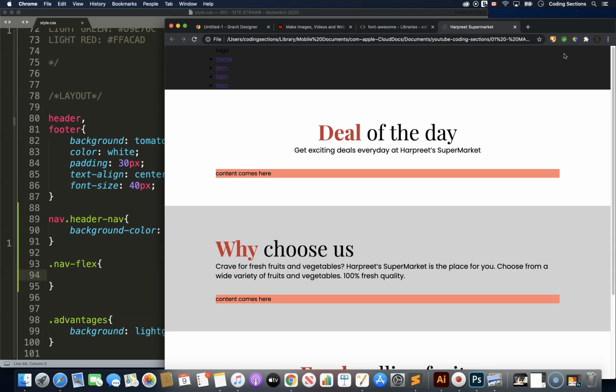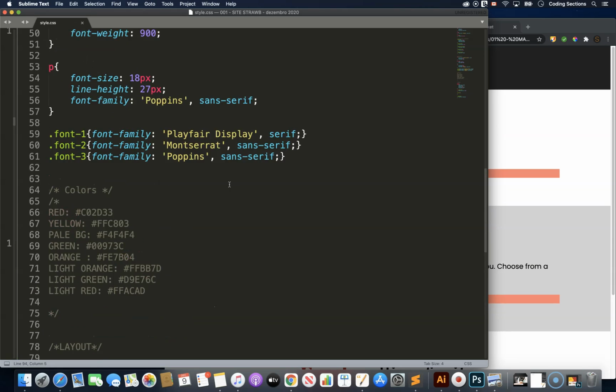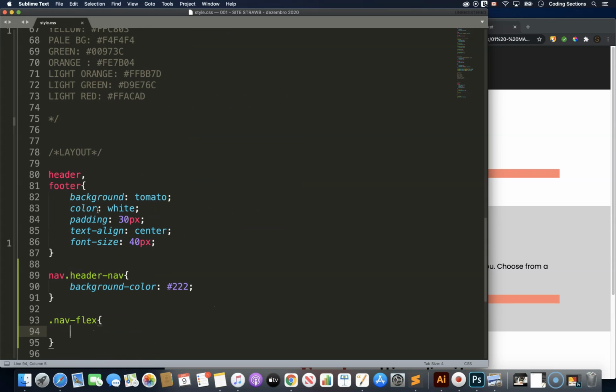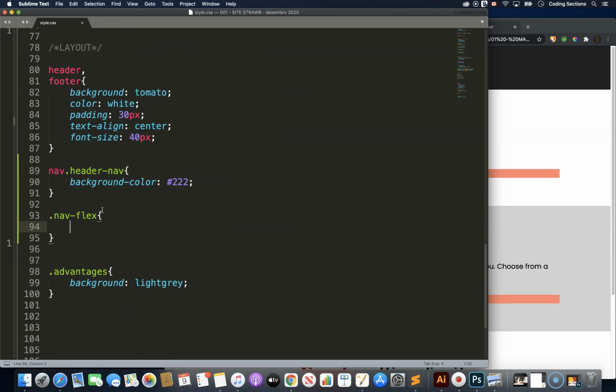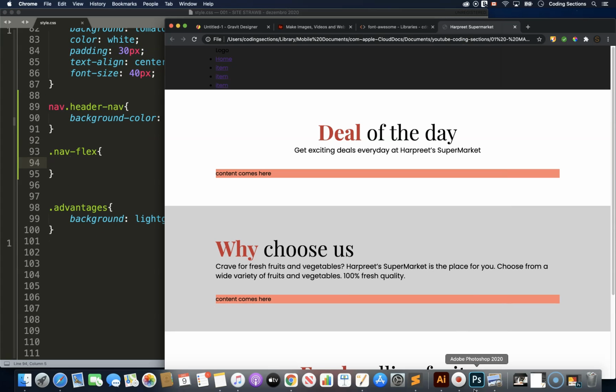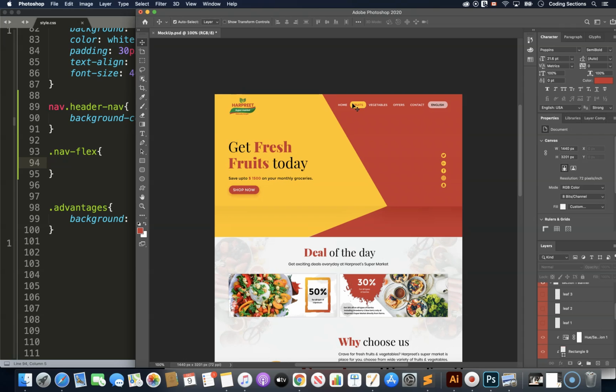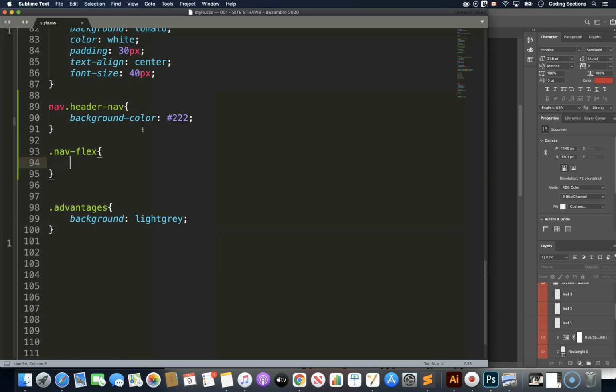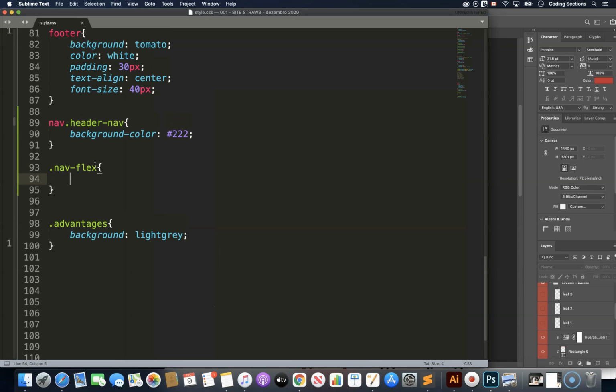As you can see, there's nothing special. So what can I do for the colors? Most of the items, I guess all the items, have white color. Yeah, except for the buttons. But these ones we're going to do in a specific component code. Then for the nav, let's say